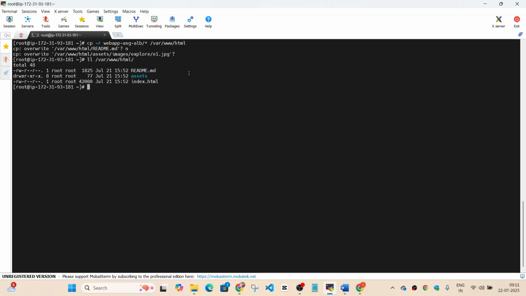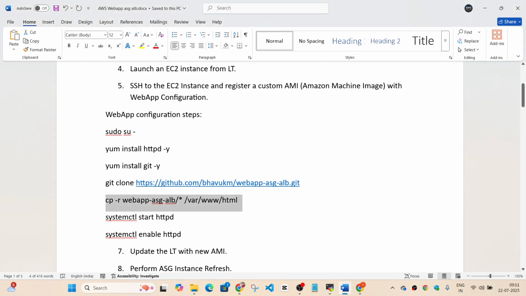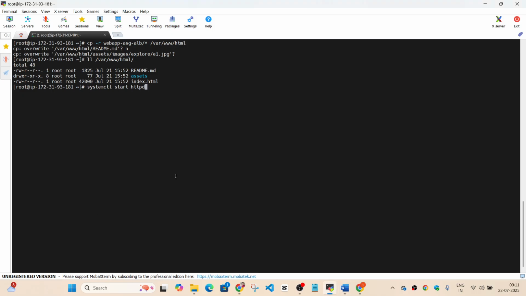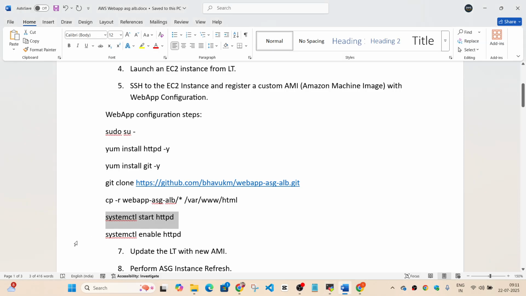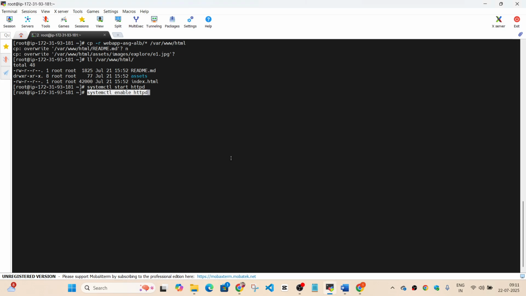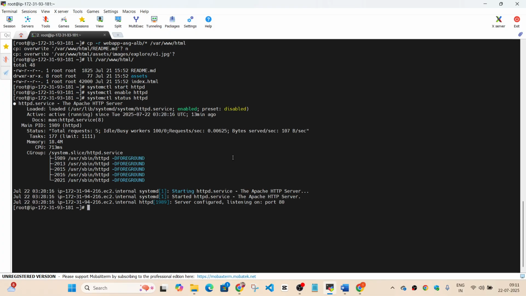Since I ran this command yesterday also, now I'm going to start my service. This is going to start the service, and this is going to enable the service. We need to enable the service because when the EC2 instance is getting created, it's going to be getting created from scratch. So you should have the service enabled so that HTTPD is already running as soon as the instance becomes ready. You can check the status also once, if the service is running or not. Okay, it's in running status. All good, active running.